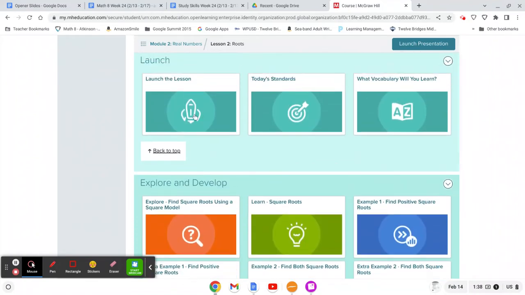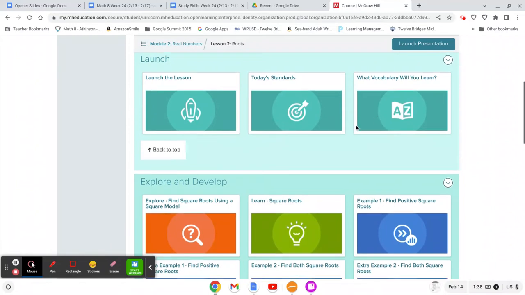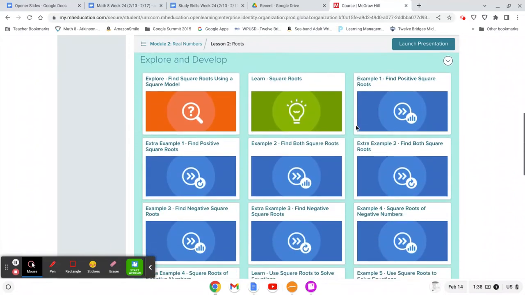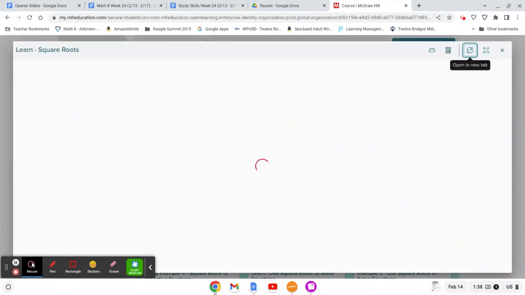there's all the beginning stuff. There's a launch the lesson. It kind of shows how this fits in the real world, the actual math standard, some vocabulary, okay? And then the learn part that was in the workbook, if I click on here,